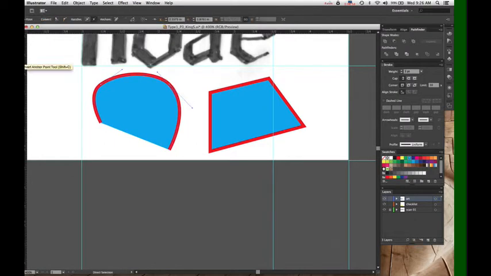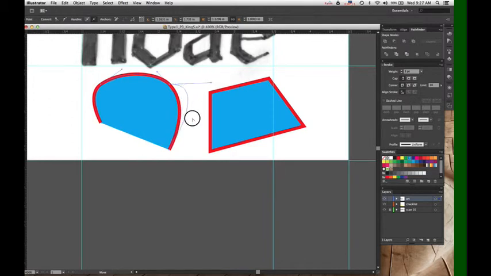Well, you don't always want your curve to be like that. That's a good default because it means you get these nice smooth curves. But sometimes you want a little pointiness in there, in which case you go back to, I'm going to undo because I didn't explain what I did. You go back to your convert anchor point tool and you grab one of the handles.